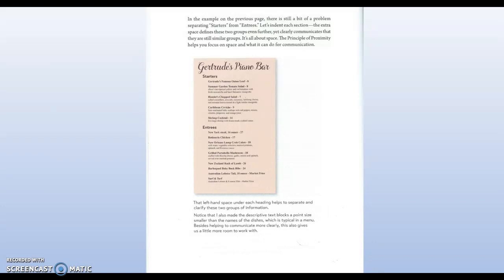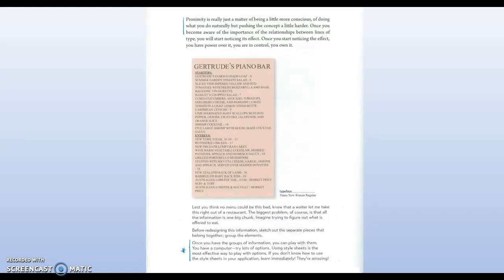But here she has grouped things more clearly. Starters and entrees are now separated in space. They're separated through alignment, the fact that those are different categories, and then the items within them are brought closer together. And if you go back and look at the previous one, you can't tell just at a glance, but